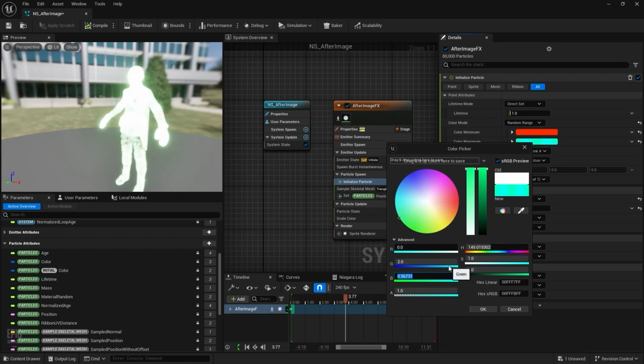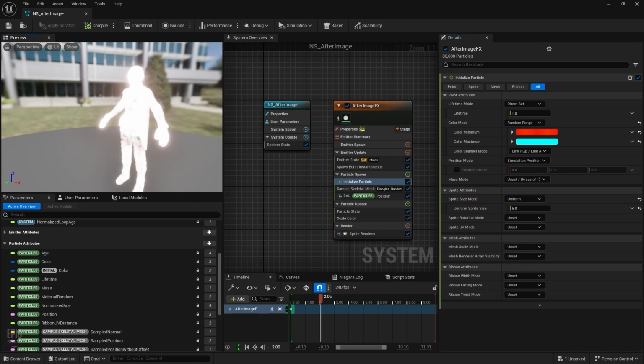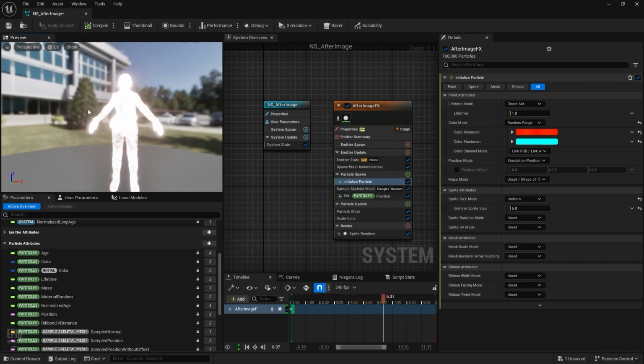I will increase its intensity. Here as well, I will set it to 2. Alright, so it is looking somewhat like this,